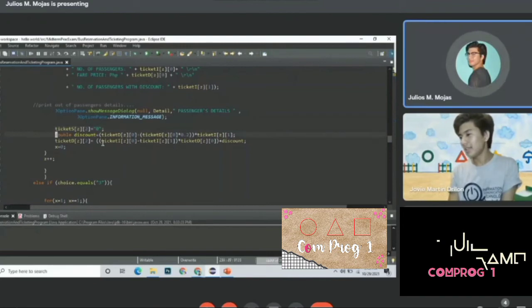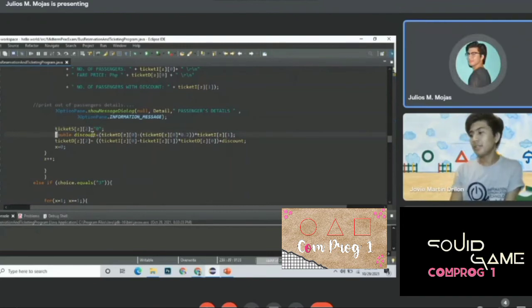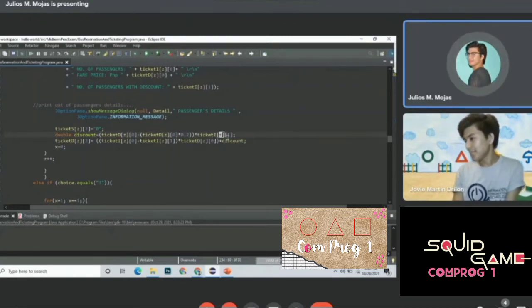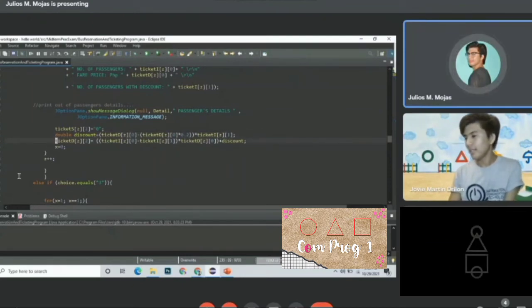So the double discount is now equal to the double ticket of C and the index of 0 minus the ticket D of C with the index of 0, then multiplied by 0.2, then multiplied by the ticket I of C with the index of 1, then ticket D of C